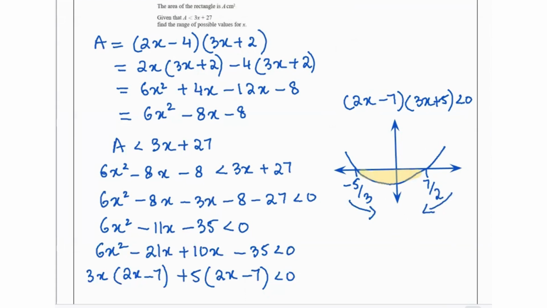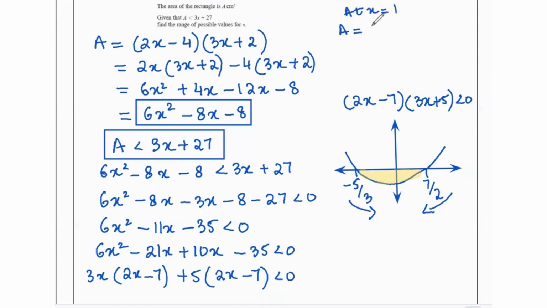In the question, they said that a has to be less than 3x plus 27. We also know that a equals 6x squared minus 8x minus 8. So we have to pick that minimum positive value of x that satisfies this. To understand what should be the minimum value of x, because it cannot be negative. It's one of the lengths, so the length cannot be negative. So what we need to do is figure out what the minimum positive value of x should be. If we use x equals 1,